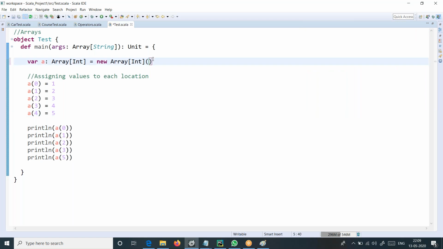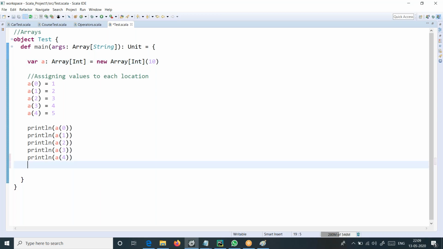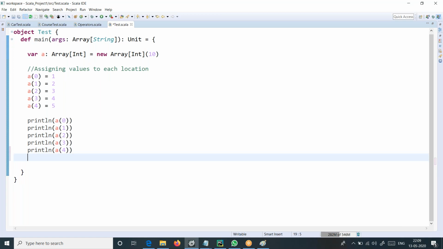Suppose you give size as 10, we have 10 locations, and you don't need to use all 10, sir. If you want, you can just use only 5 and leave out the remaining 5. And, sir, did I initialize values to the 5th location? Now if you see here, I am printing the remaining locations also. You should see something